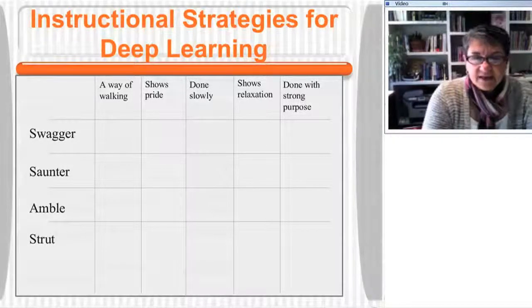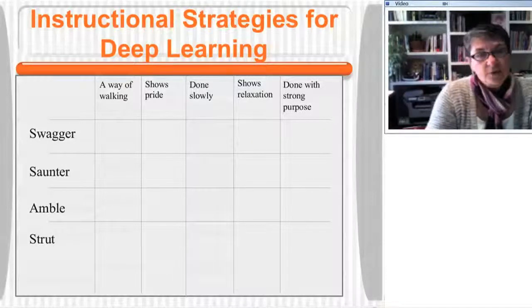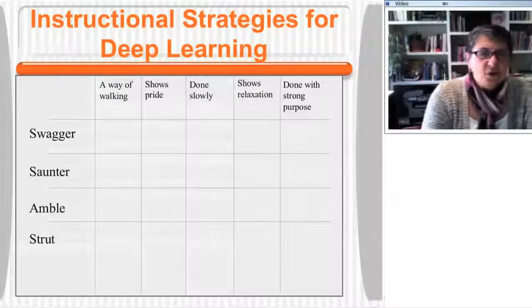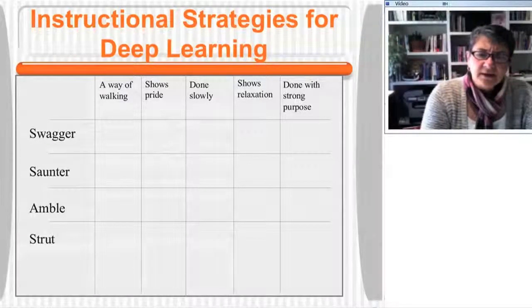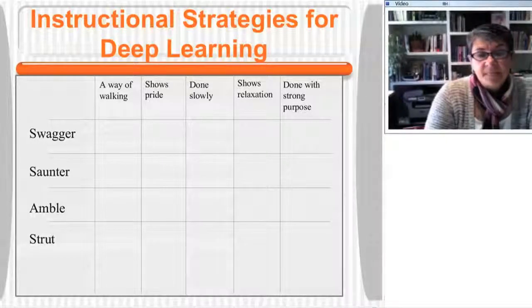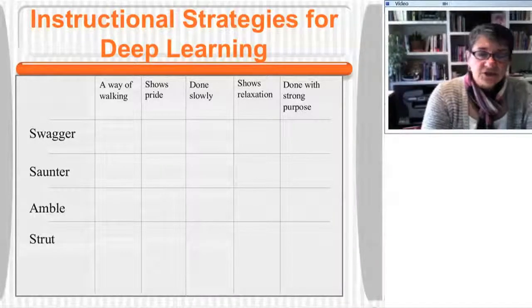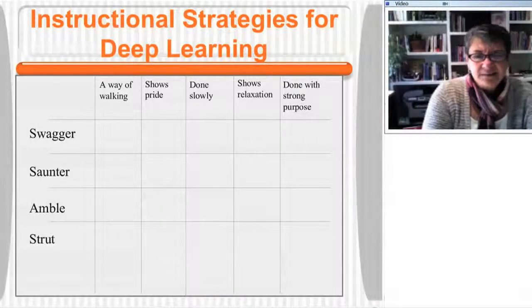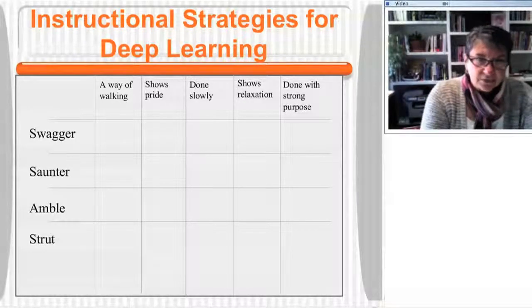And then the next word is saunter. And is that a way of walking? Yes, well, okay, we'll check that off. Shows pride. If you're sauntering down the street, does that show pride? Well, yeah, that might. So we'll put a check there. If you're sauntering, is that something that's done slowly? Well, it might be, so maybe we'll check that. If you're sauntering, does that show relaxation? Yeah, it probably does. Now, as I'm going through this, I'm going to stop here and tell you,